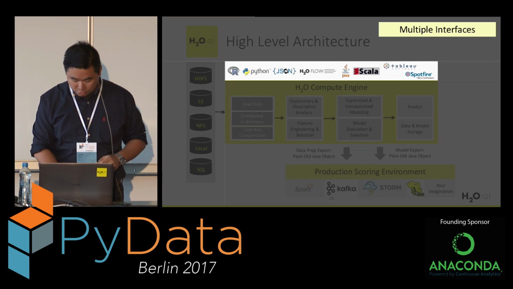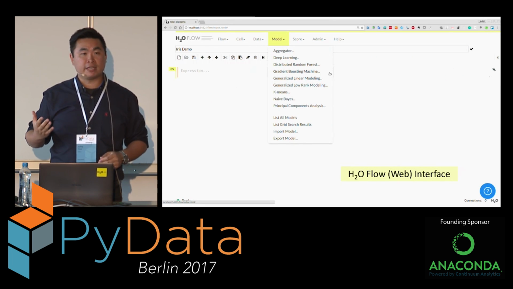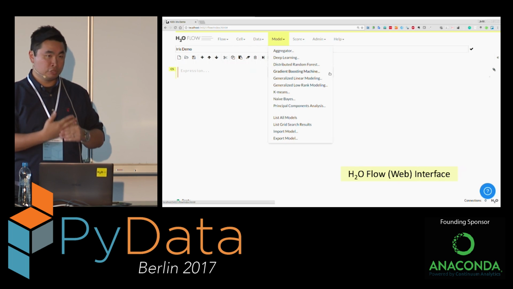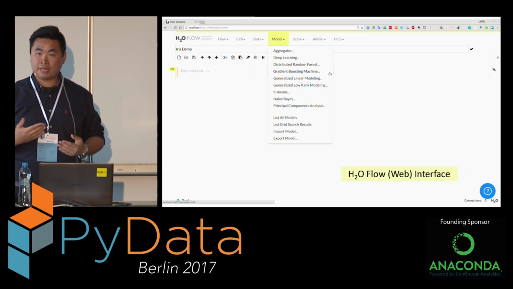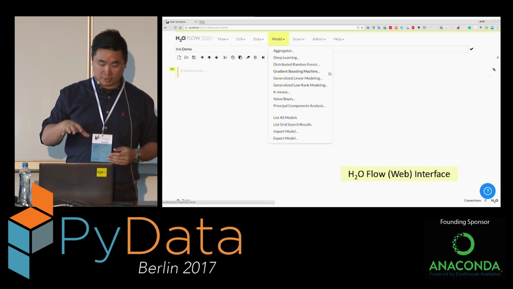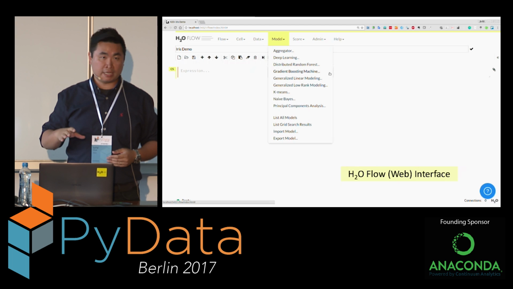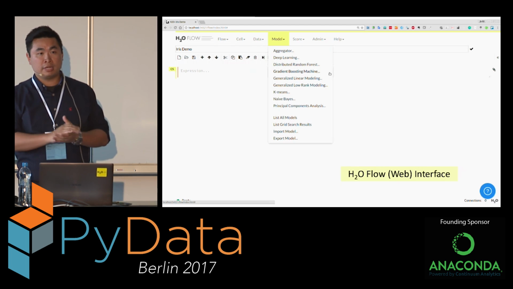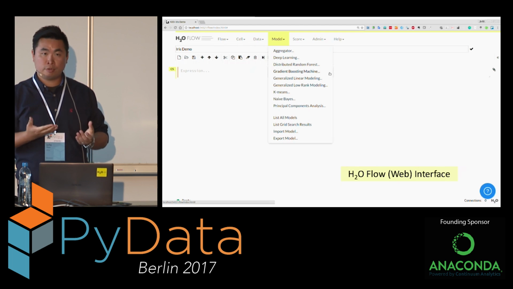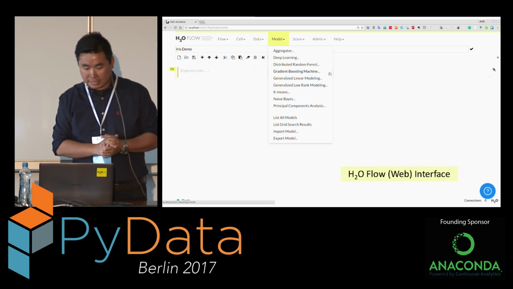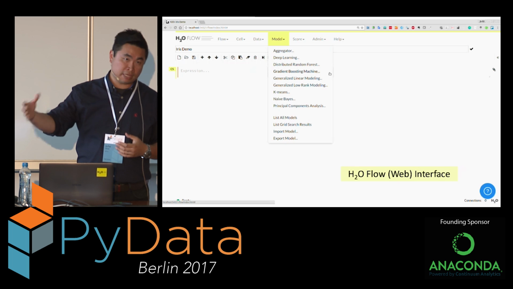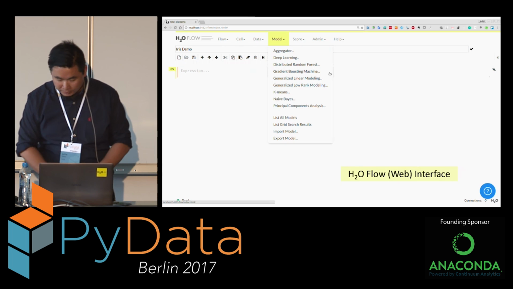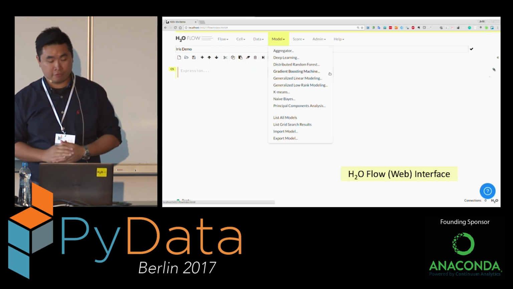Before we do that, I want to quickly show you the web interface of H2O. Maybe your colleagues or friends may not like to use Python, or R, or any programming language. You can give them this interface, using just the web browser, to interact with H2O. You can use most of the features of H2O with the web browser, including importing your data, building a model, exporting the model, and making predictions. But we are focusing on the use case in Python today.